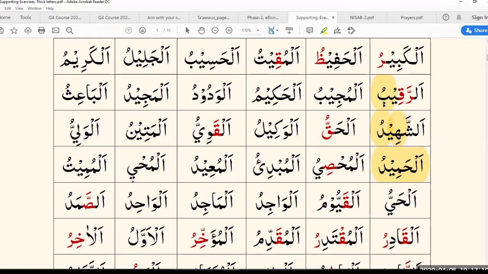So we would then obviously realize that this has now turned into a Qalqalah letter because the ba would turn into a ba with a sukoon sign. So then in that case, we would be saying Qalqalah. Al-Hamid. Okay, good. Well done, Jazakallah.